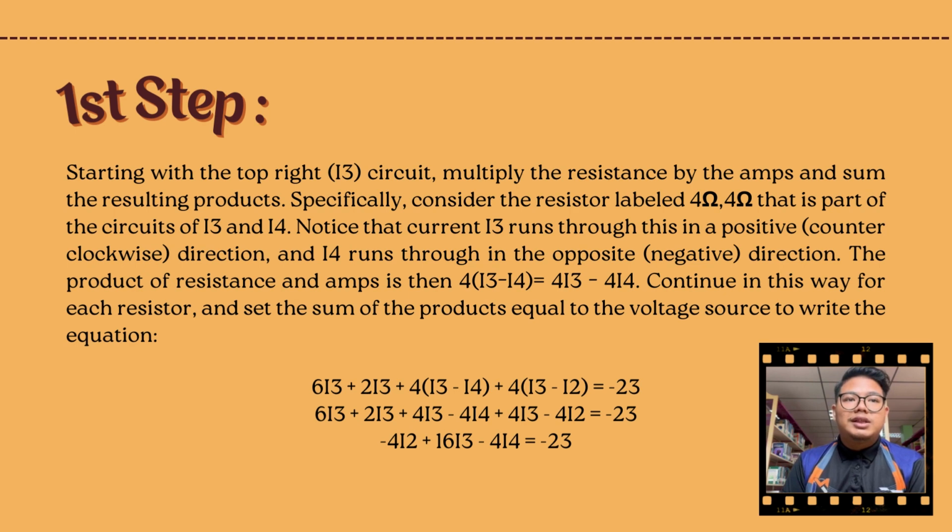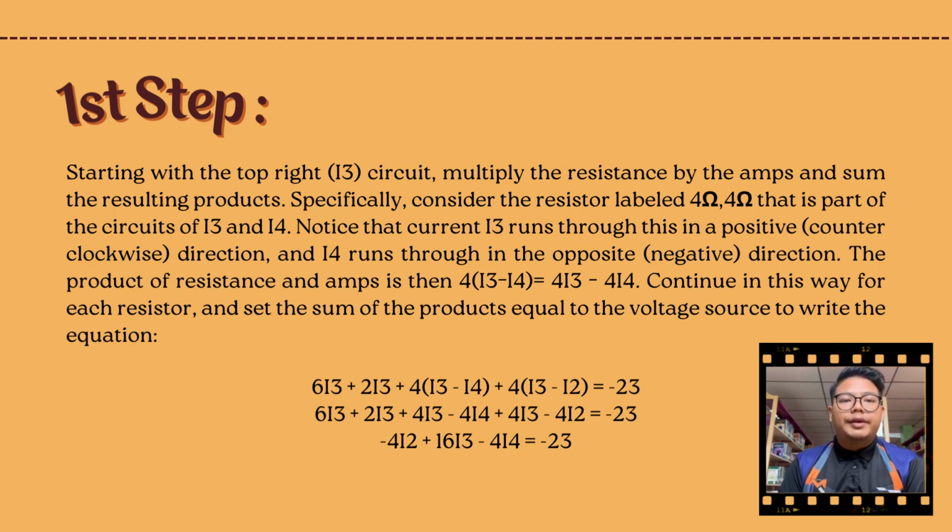Especially consider the resistor labeled 4 ohm that is part of the circuit of I3 and I4. Notice that current I3 runs through this in a positive counterclockwise direction, and I4 runs through in the opposite, negative direction. The product of resistance and current is then, for I3, 4 in bracket I3 minus I4 equals 4I3 minus 4I4. Continue in this way for each resistor and set the sum of the products equal to the voltage source to